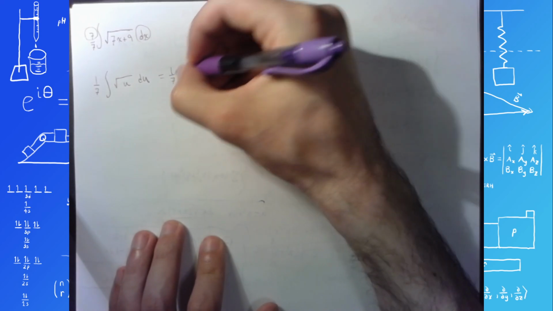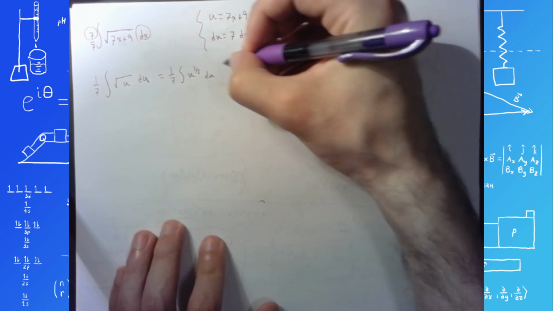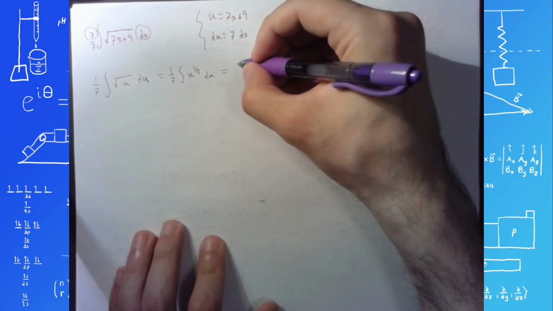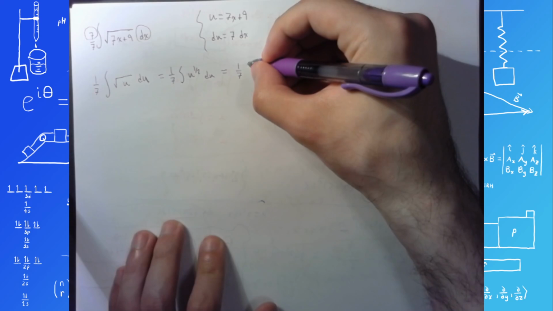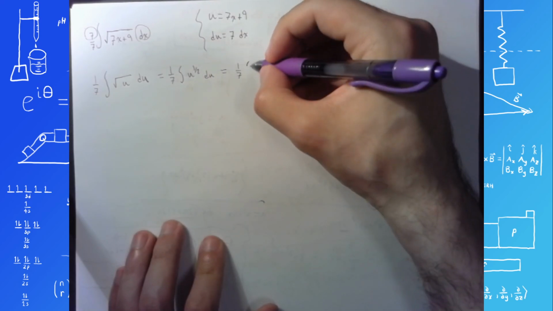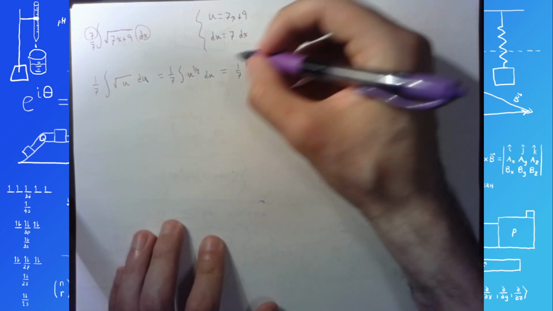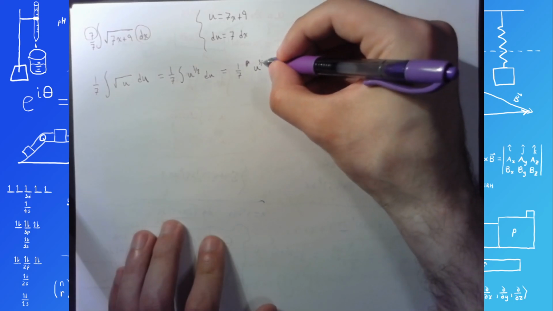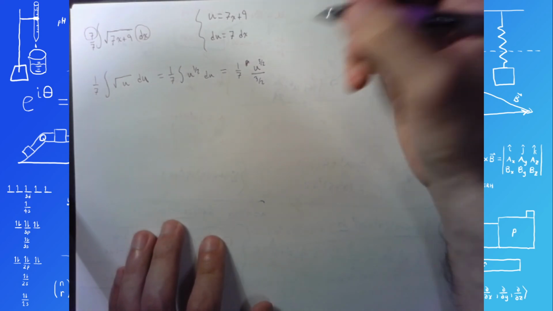It's 1/7 the integral of u to the 1/2 du, which becomes 1/7 u to the 1/2 plus 1, which is 3/2, divided by 3/2, and then